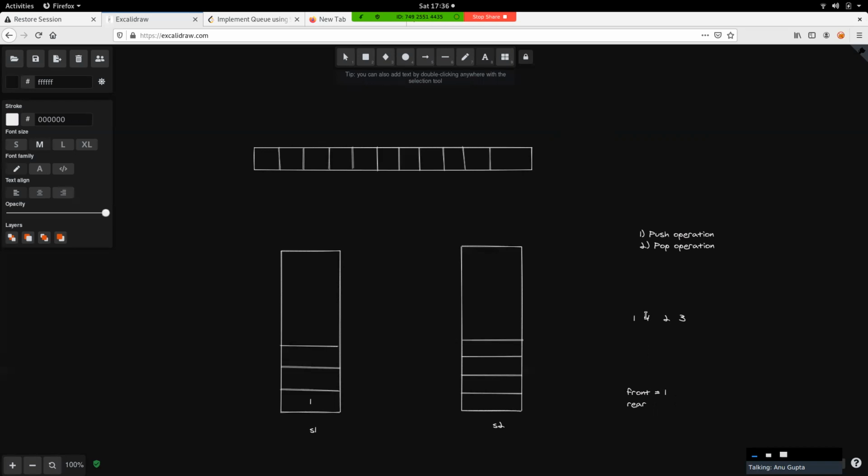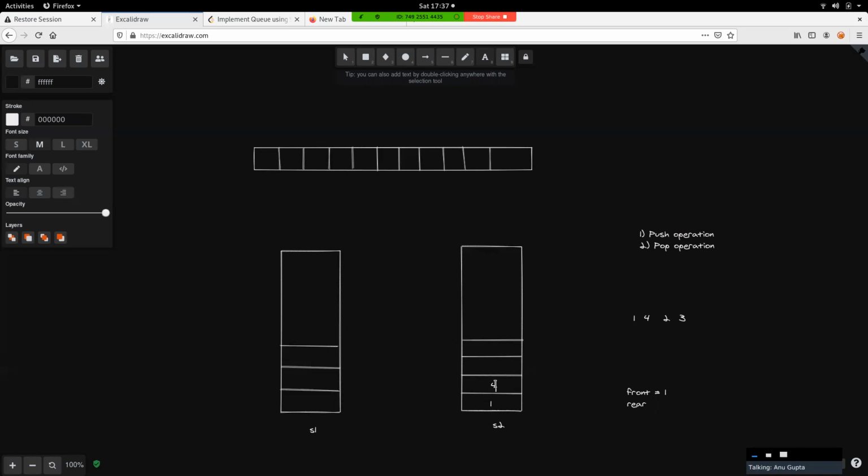Now when we are pushing the next element 4, we are popping every element from this main stack to our temporary stack and pushing it there, right? So we push 1 here, and next we push 4 at the top of it, so that brings us to this part. Now we just empty the stack 2. What does emptying the stack 2 mean? We are just popping out every element from the temporary stack and pushing it back to our main stack, right?